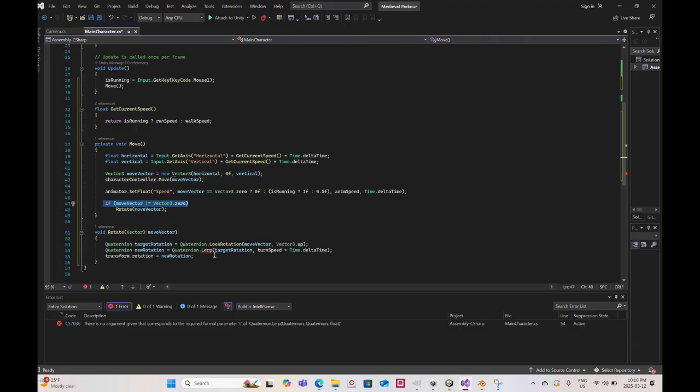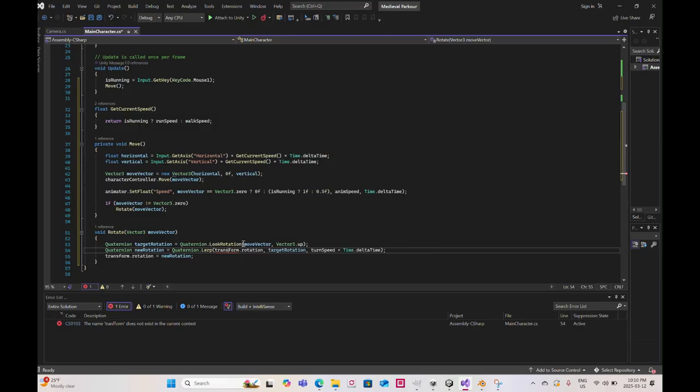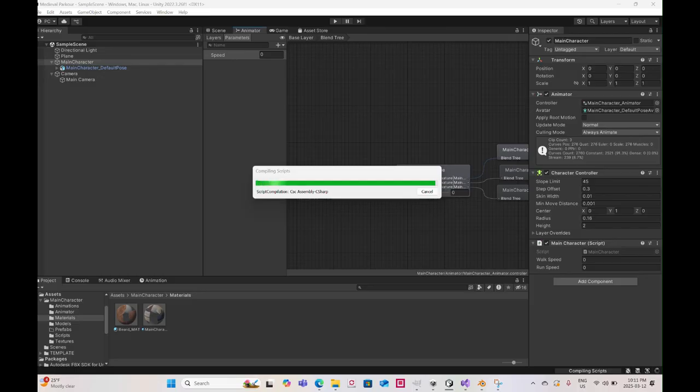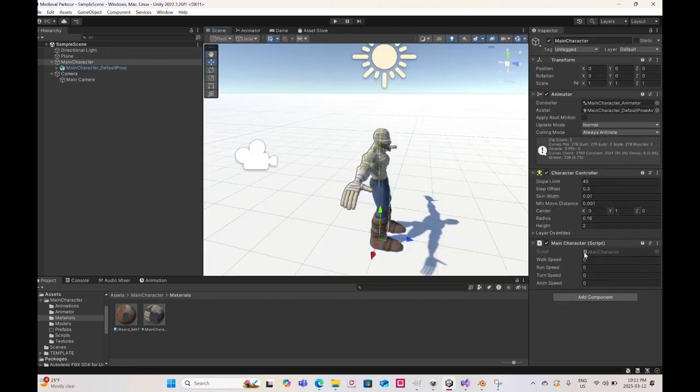Okay, so what I've missed actually is transform.rotation. Oops. Okay, so that's good. So I'm going to compile this. Go back in here. And as you can see,